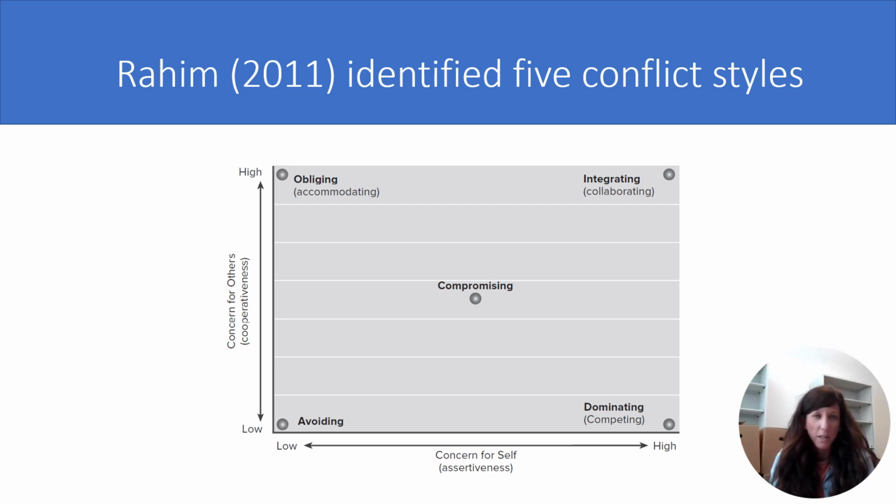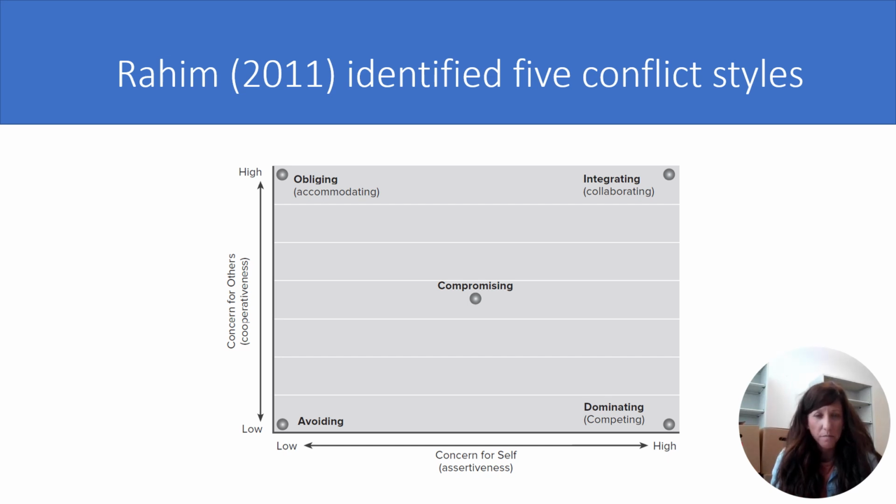This chart is borrowed directly from your textbook, but if you were to simply Google conflict styles, then you would find some version of this graphic that would likely pop up. The graphic is based on Rahim's identification of 5 different conflict styles. And I like showing the visual instead of just providing you with a bullet point for a couple of reasons. The most important reason is because by looking at the 5 styles in this graphic, we can make some comparisons between each style. Specifically, we can compare the styles based on how they represent one's concern for self and one's